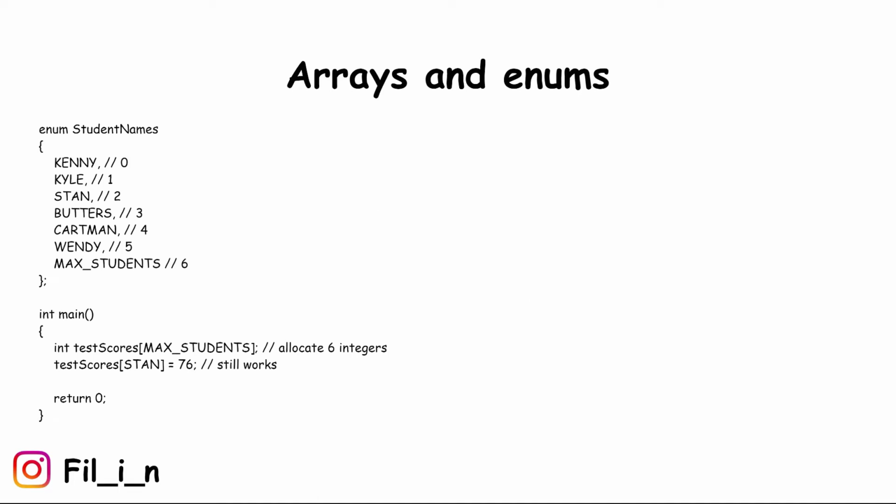enum StudentNames { kenny, // 0 kyle, // 1 stan, // 2 butters, // 3 cartman, // 4 wendy, // 5 maxStudents // 6 }; int main() { int testScores[maxStudents]; // allocate 6 integers testScores[stan] = 76; // still works return 0; }